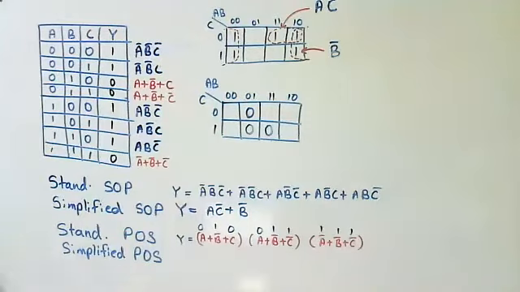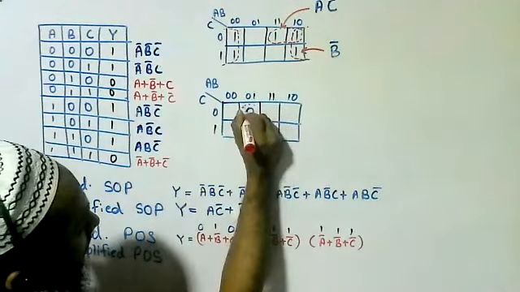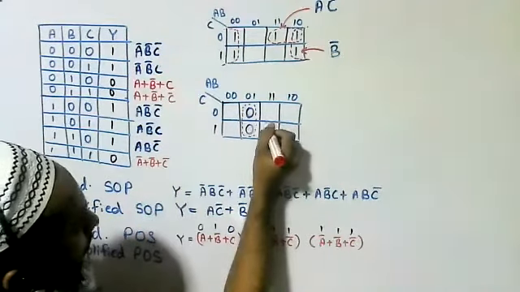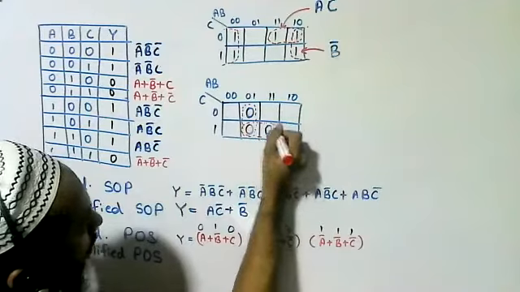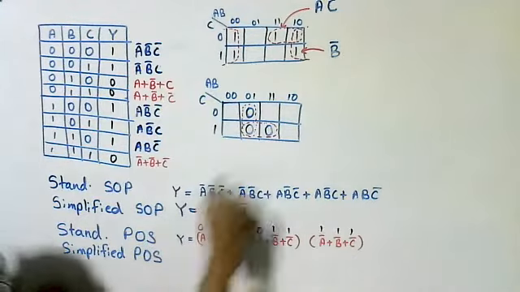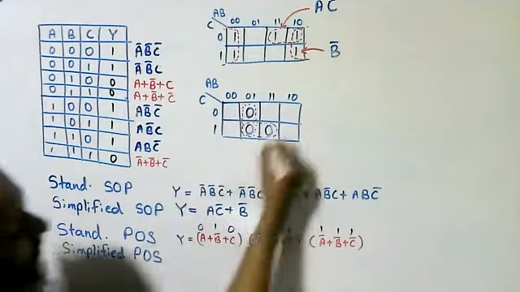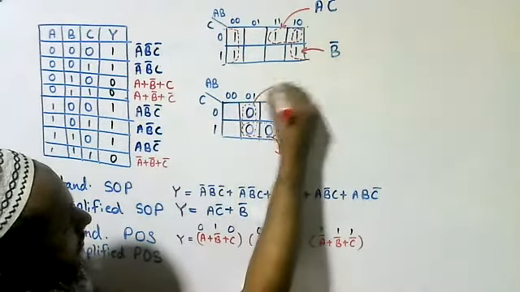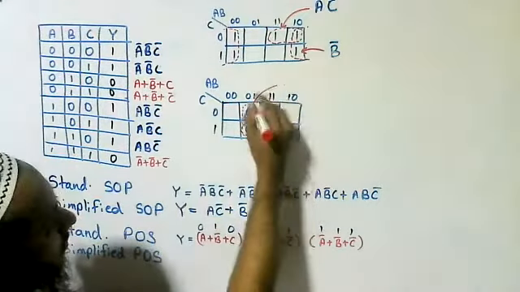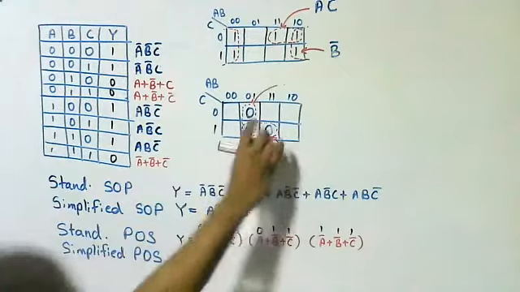That's all. Now we are going to group these zeros. We can group like this. These 2 zeros, one group. These 2 zeros, one group. Is it clear? Until this, is it clear? Yes, sir. Right. Okay. Then we'll simplify the POS expression using these groups, right? We have to consider this group and this group. It's better to put it like this. First of all, we'll consider this group.